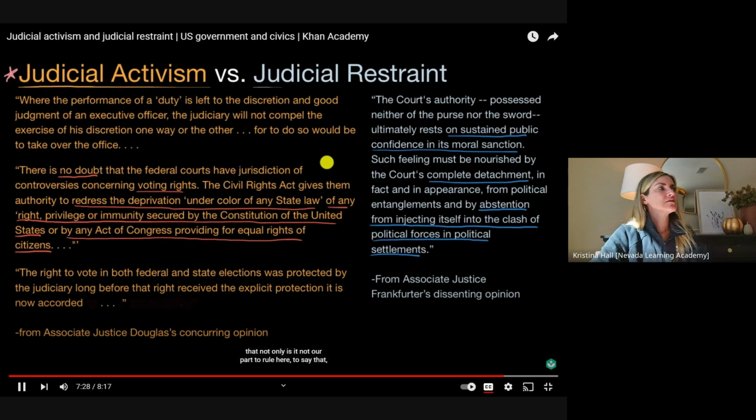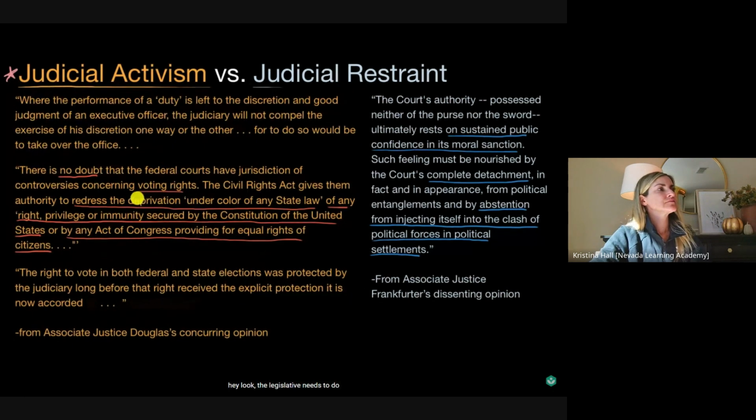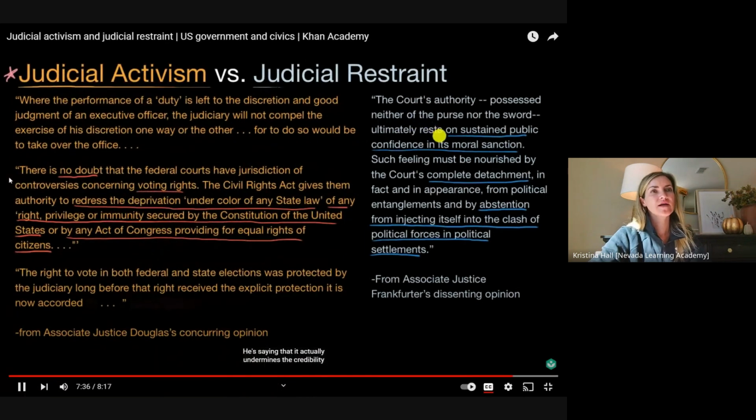That not only is it not our part to rule here, to say that the legislative needs to do this redistricting again, he's saying that it actually undermines the credibility of the court, that the credibility ultimately rests on sustained public confidence in its moral sanction. And that by ruling in favor of Baker, the court was overstepping these bounds. That people would say, hey, you're trying to legislate from the bench. You're trying to get involved in the political, even though the court is supposed to stay above the fray of